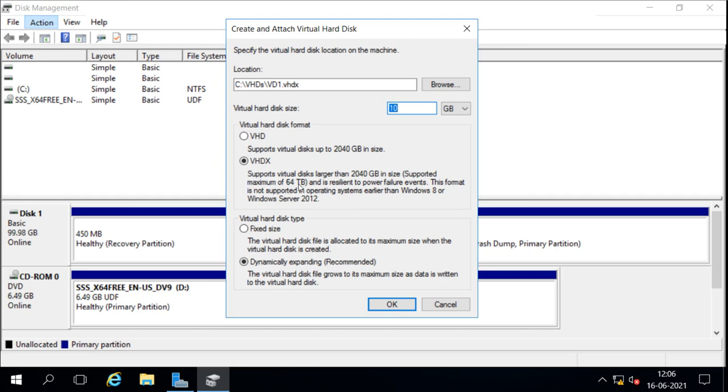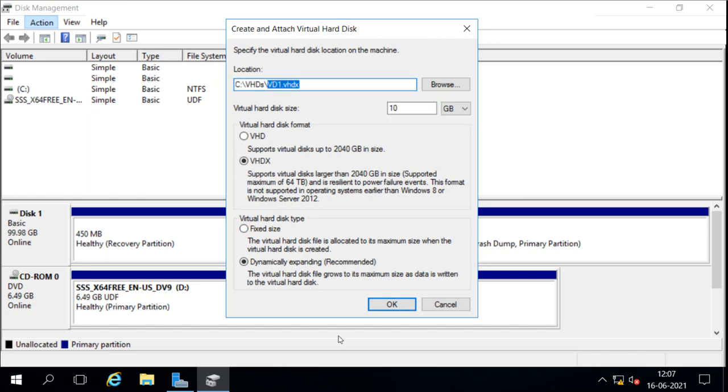But when you select the dynamically expanding, it will not take the whole 10 GB from our hard disk, like it is going to take the space from our C drive, but it is not going to take the whole 10 GB at the same time. It will expand the size as it is required. Remember, it is taking the size from C drive because we are creating the file under the C drive.